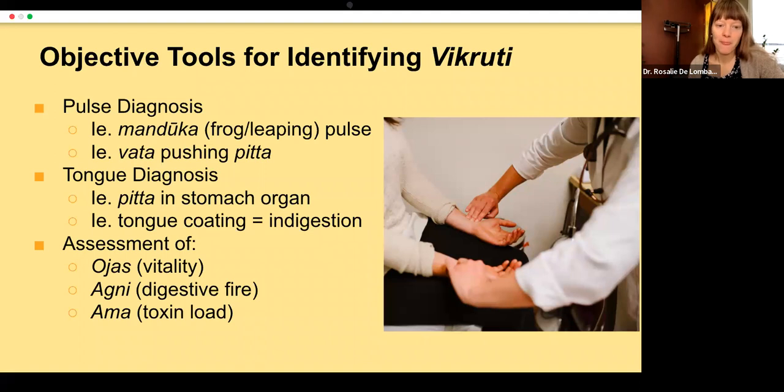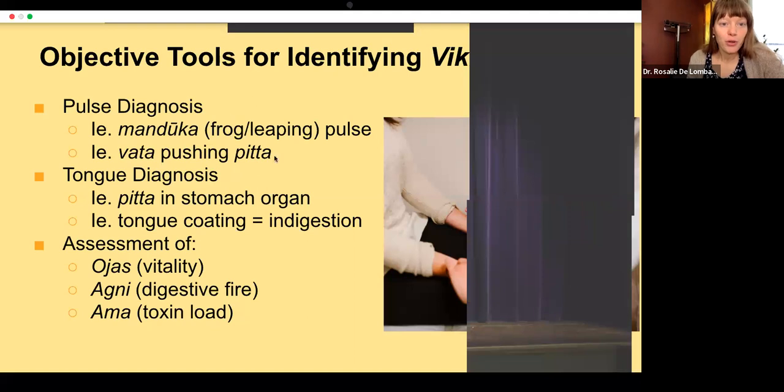Other tools involve some new terms we will learn, which are Ojas, Agni, and Ama, okay? Ojas is your vitality, Agni is your digestive fire, and Ama is your toxic load. But before we get there,